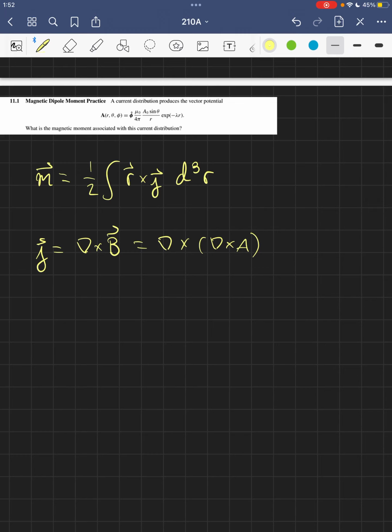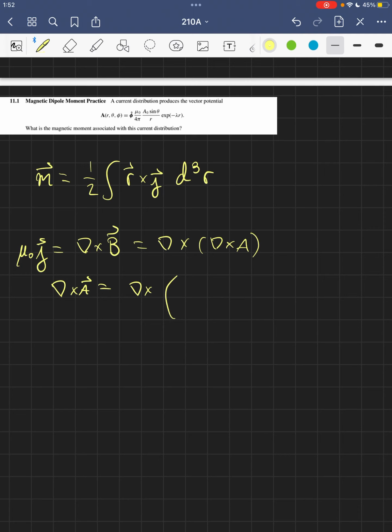So we're taking the curl of a curl. So let's start with the vector potential's curl in this case, right? I won't write out all of the stuff there. Also, I forgot the mu naught here. The entire curl, but